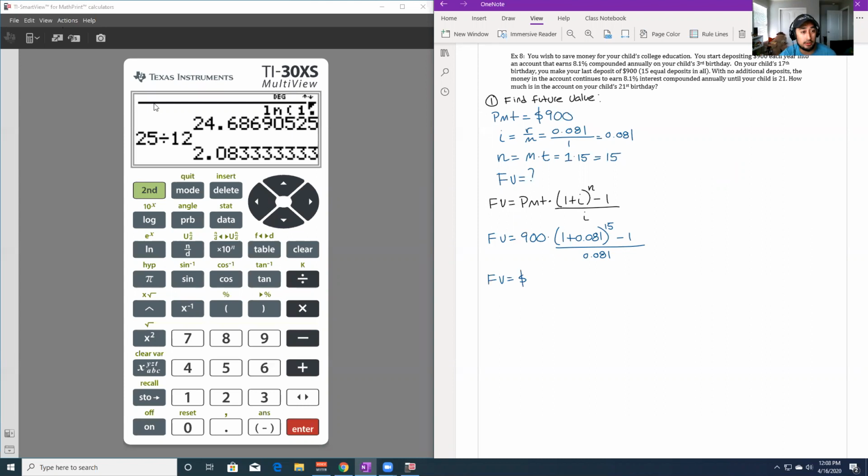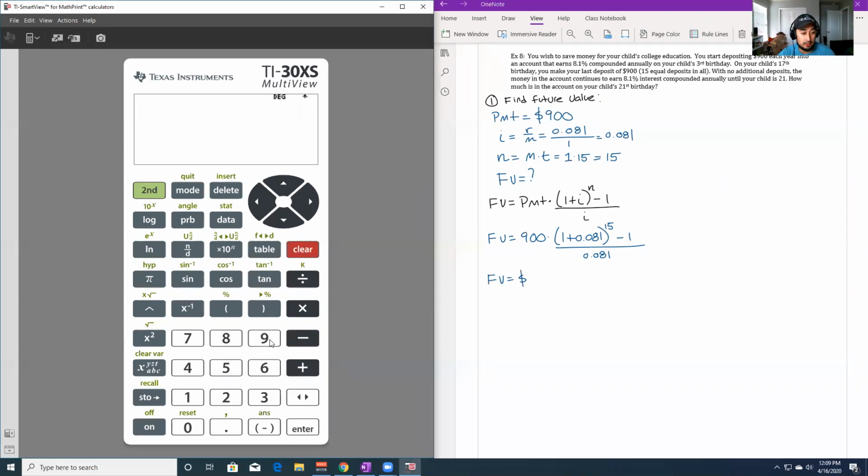So 900 times fraction, parentheses, that becomes 1.081 raised to the 15th minus 1 over 0.081. Enter. Your child will have $24,627.93